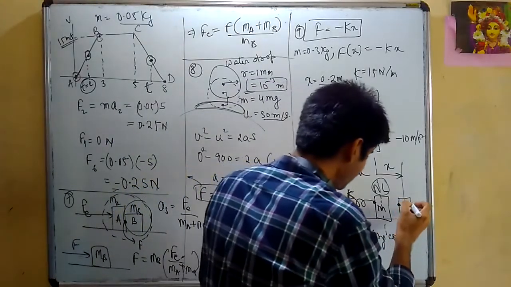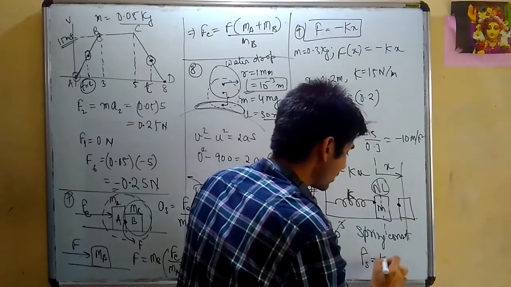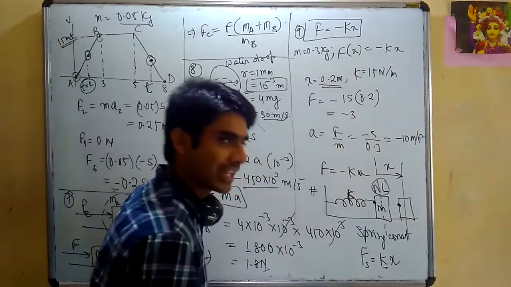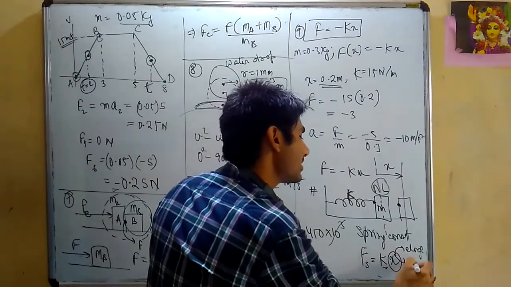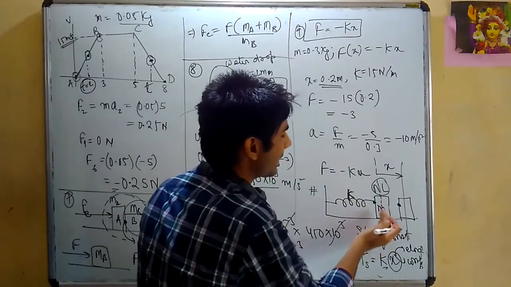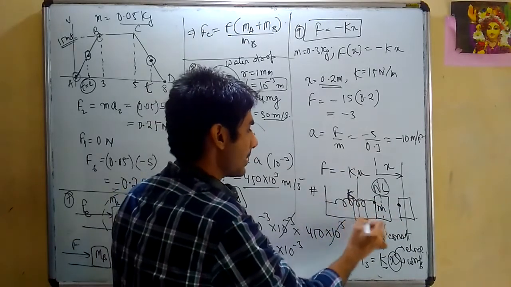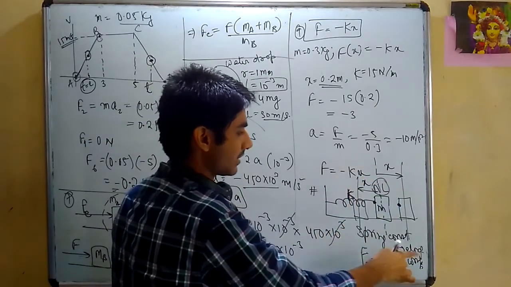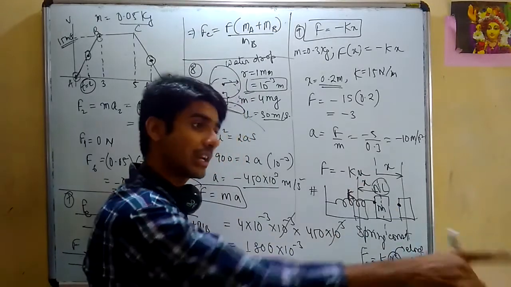Now, what is the force that the spring will exert? The spring force is equal to k, which will be given to me in the question. It is a constant, into x. What is x? Either elongation or compression, it doesn't matter. Say rather than elongating the spring by x, I would have compressed it by pushing this block in this direction by a distance x from the natural length. Just ensure one thing, that the elongation or the compression has to be measured from the natural length of the spring.